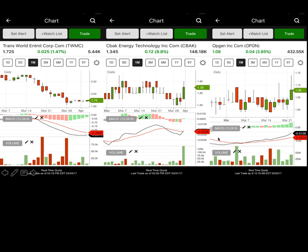So that's something to look at. These are all the plays I play. And then OPGN here. Look, even on red days, buyers are in control. Buyers are in control. And then it just broke out of that resistance. And then I have one more play to go over,